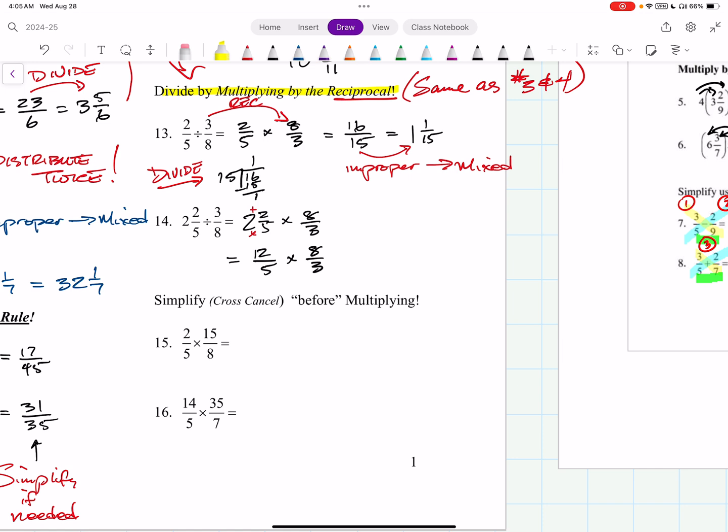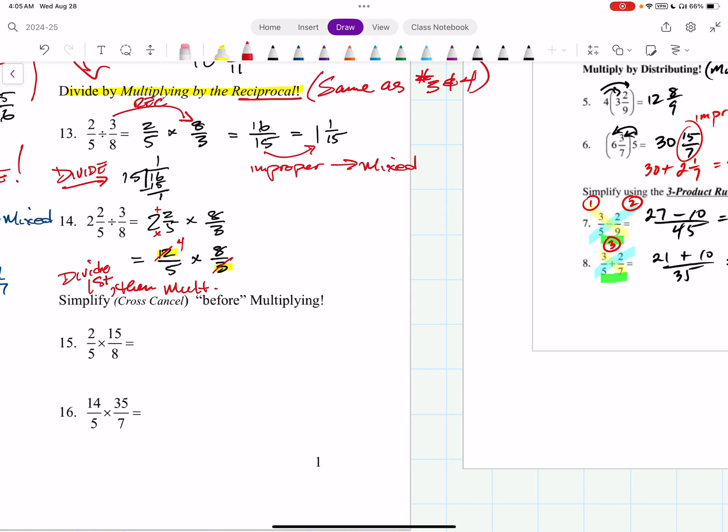When you see an opportunity like this, when 3 divides into 12, you ought to divide first. So I'm going to write that down. So divide first, okay? Then multiply, okay? So watch here. 3 divides into 12 4 times. Back in grade school, you call that cross canceling, or simplifying. So notice simplifying, you have to divide, right? So 12 divided by 3 is 4 in red. And then you write the result. 4 times 8 is 32,